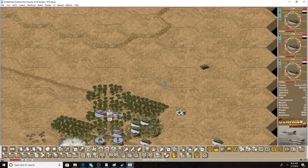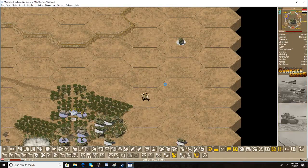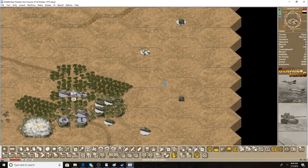Oh boy, look at that. They are in the Oasis. We've dubbed that area the Oasis. And they've got 3 groups of tanks in there now. That's scary, to say the very least. These guys may be going for a flank attack. A little late for that, I think, but...